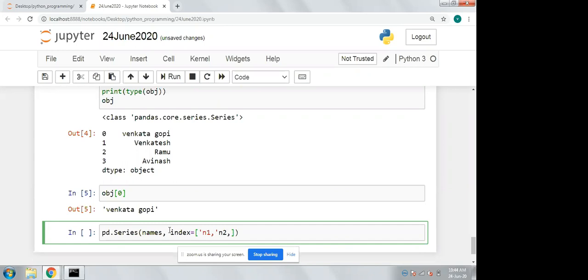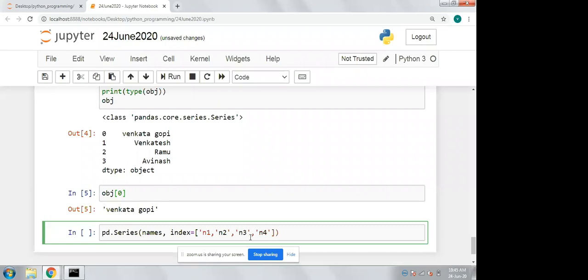Like this, you can mention a user-defined index.